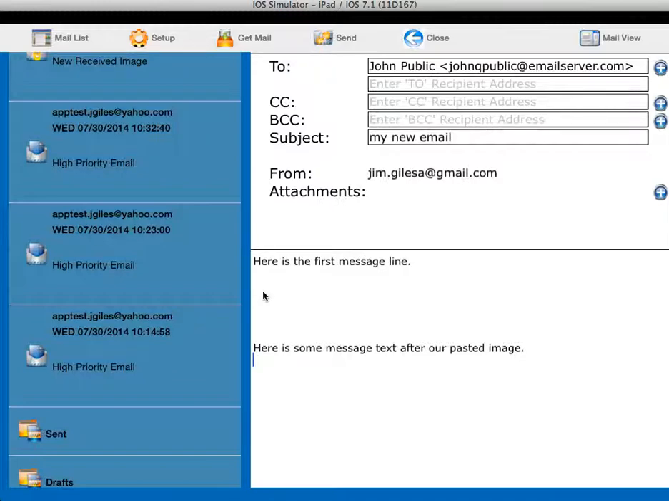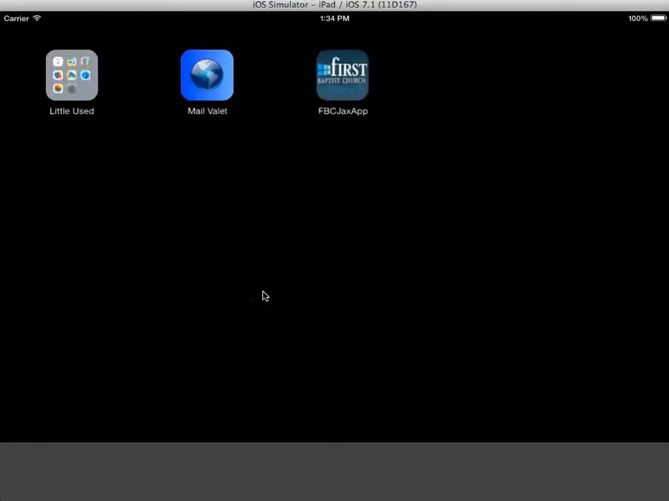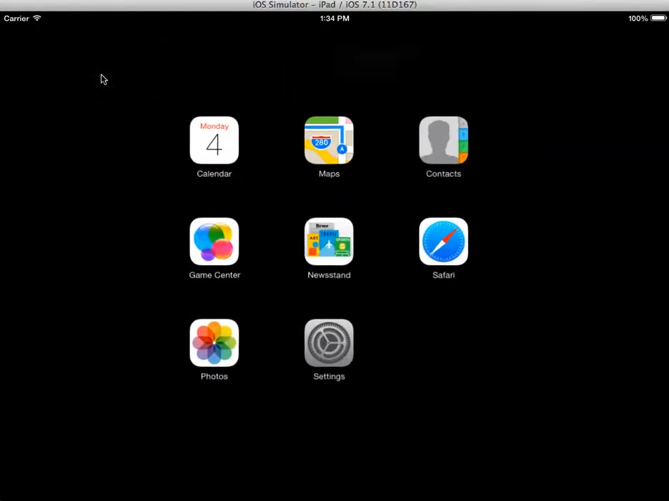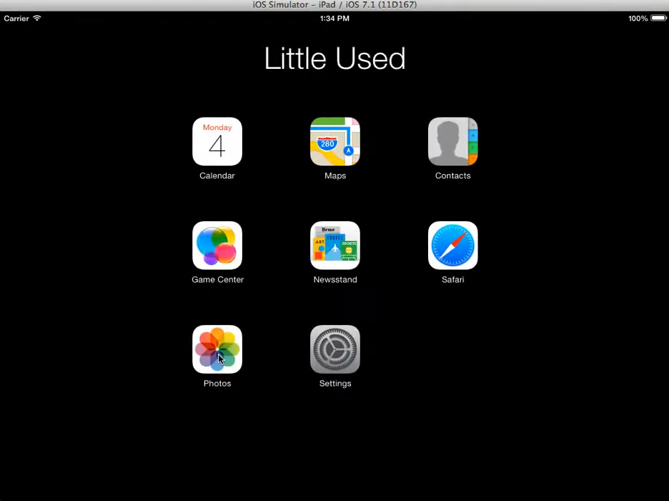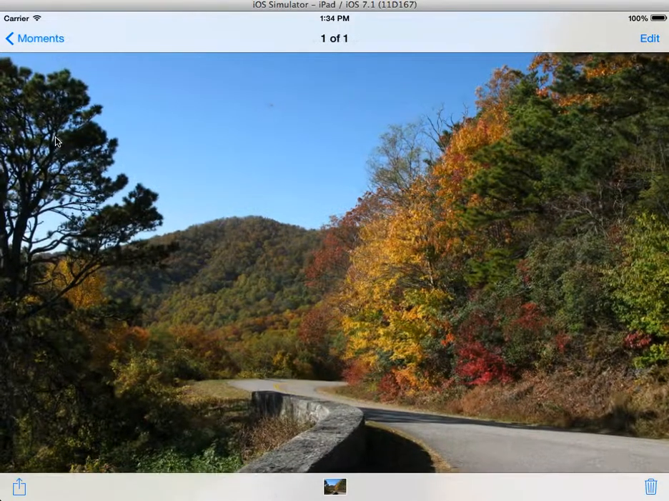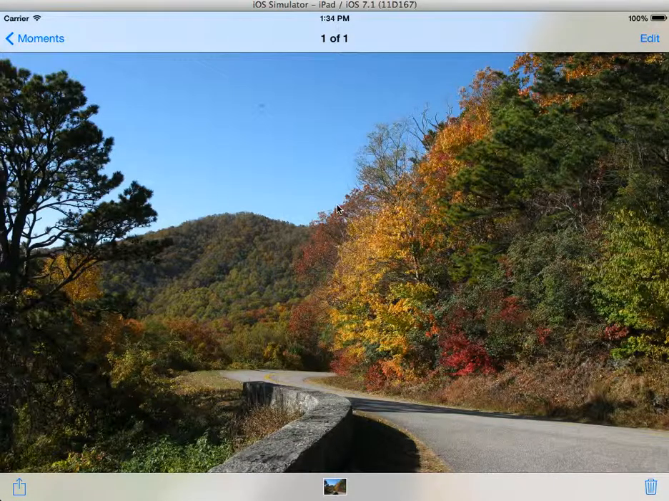So I'm going to hit my home key. Oops, one second. Hit my home key. And let's go back and look at our camera roll for a second. Go ahead and select that. I've got an image up here. Now I'm going to do a long press on this and select copy to copy this to the clipboard. Now I'm going to hit the home key again,